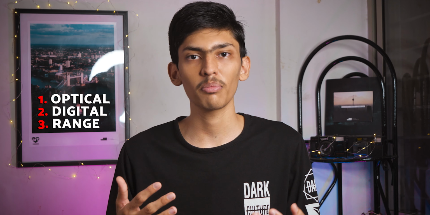Talking about EVF, let's talk about different types of viewfinders. But first, what is a viewfinder? So a viewfinder is an eyepiece on a camera that you hold close to your eye to allow you to see what's being photographed. There are two types of viewfinders, optical and digital, and as a matter of fact, there is also a third type of viewfinder that is called the range viewfinder. Though we are not going to talk about this one, as this is a much older type of viewfinder and not many, if any, modern cameras use it these days.